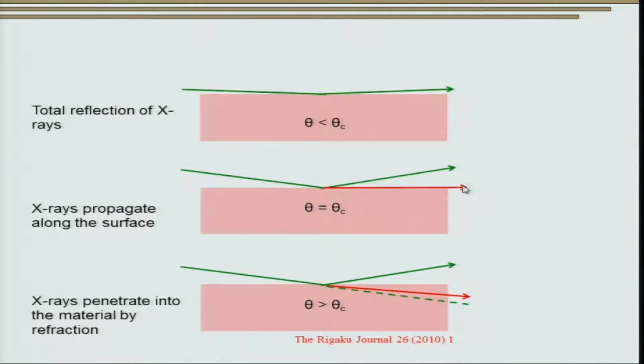substrate surface. Now you can imagine that if you are at theta equal to theta c, you are going to get some information of the surface, of what all you have on the surface. At the same time, when you have an angle which is more than the critical angle, you do get a refracted beam also. So now you can imagine by just changing the incident angle, we can get a lot of information from the